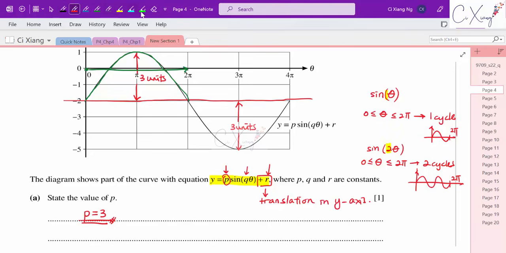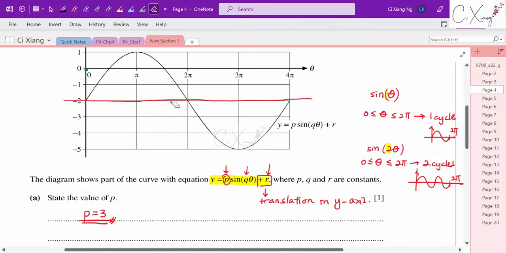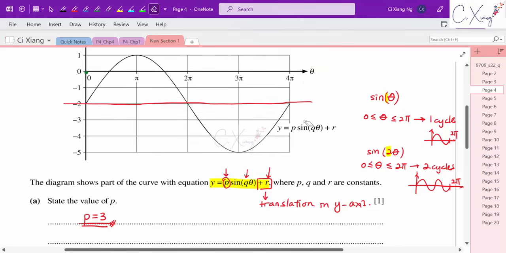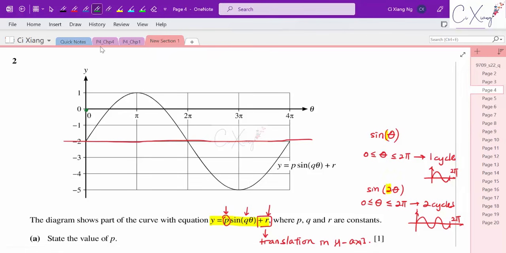To figure out the value for R again, we actually need to know where is the center line. So again, this is the center, the horizontal center for the graph of sine, right? The original center for the sine graph should be at 0 on the x-axis, and you will realize that they are moving the center line 2 units downwards. Alright, so this is the original horizontal center, which is the x-axis, and now you can see that the horizontal